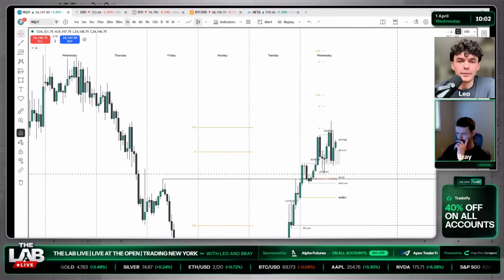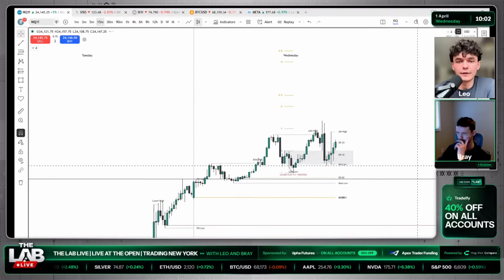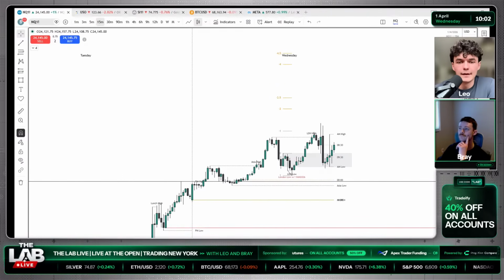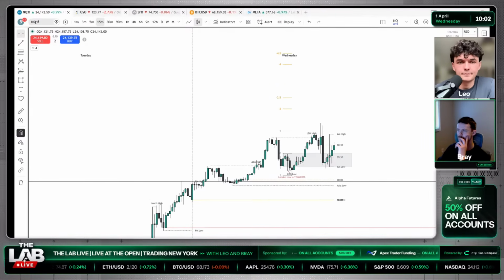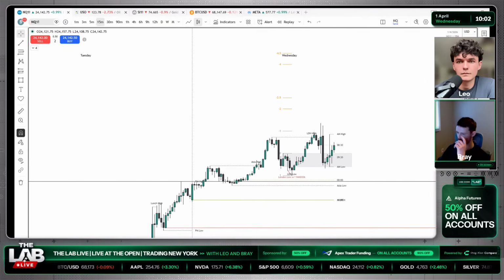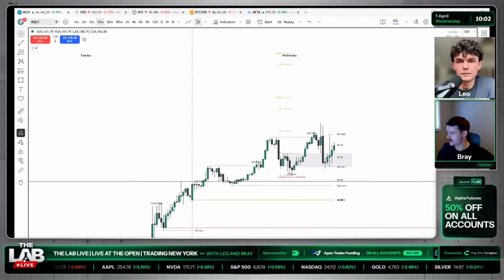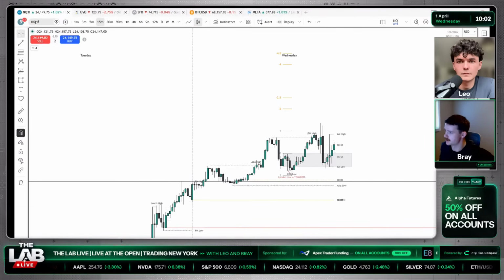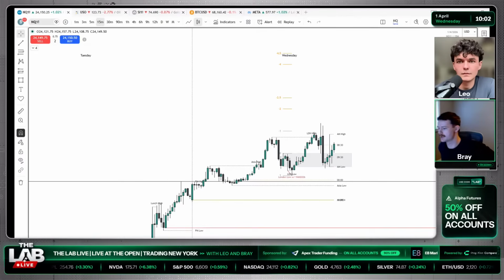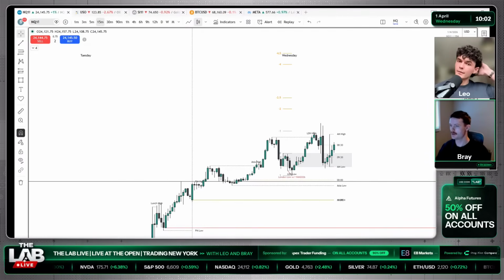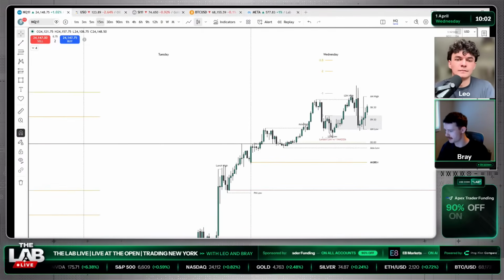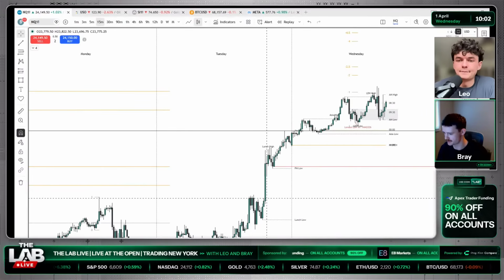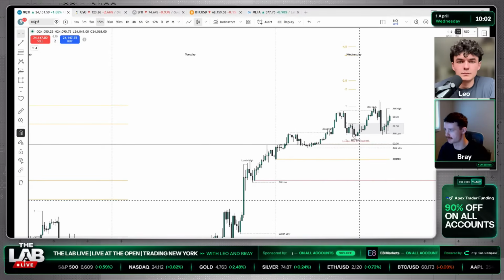Think PM session will have better price action? Depends, right? It's a little sideways. It's really going to have to depend here. Really hard to predict the direction here. Take out highs, go lower. Take out lows, go higher. Yeah, that's kind of the way it is with chopping. The choppy environment. Yesterday was a large range expansion, so today can definitely just kind of chop about for the AM session.